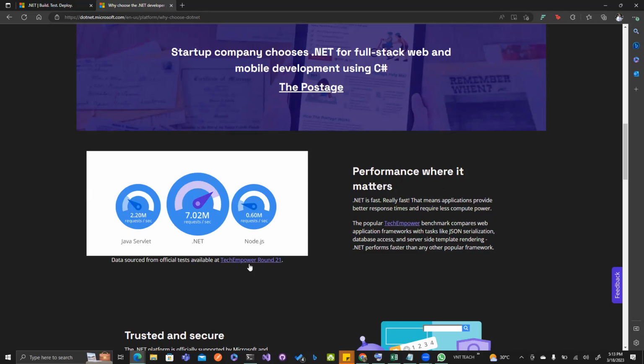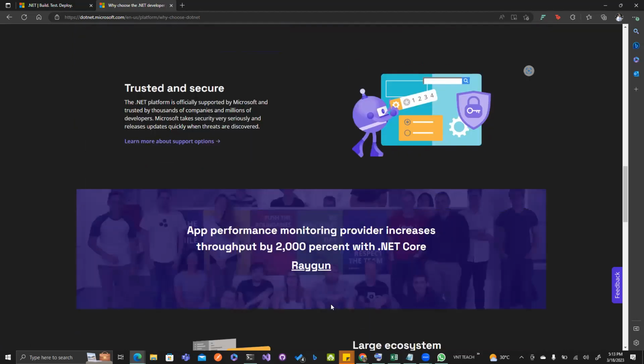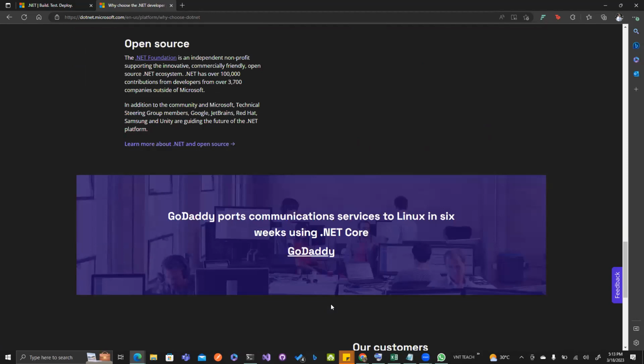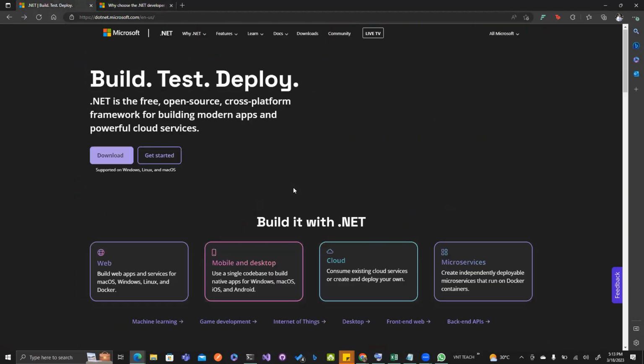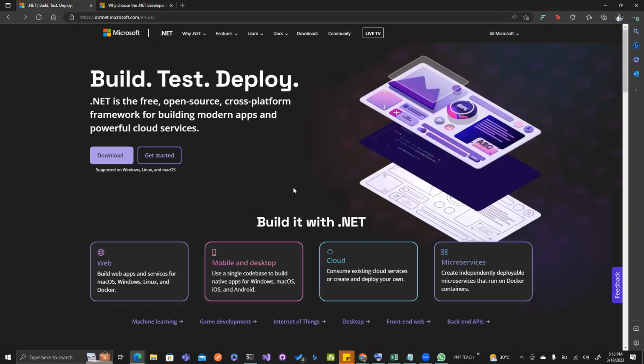So as you can see from this image, this is a lot of reasons why so many people use .NET. If not for the fact that you could use it to build just about anything, then what about the performance? You should be able to pick .NET for that reason.